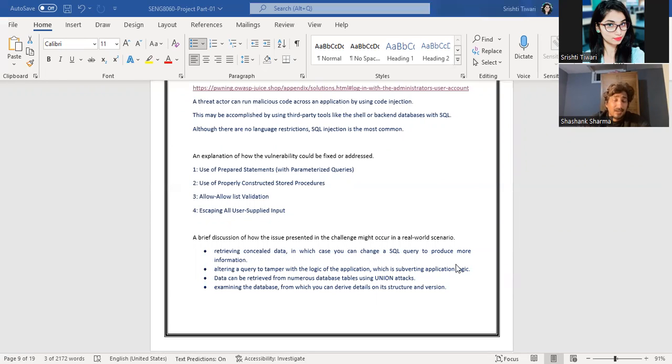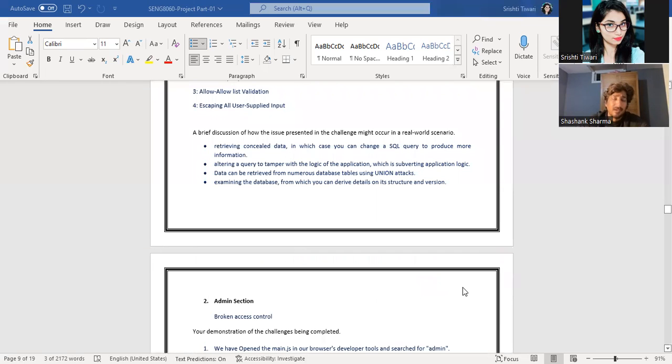If I talk about real world scenarios, if a particular person who is not legit gets the credentials of the admin, then he can do many things which are not beneficial for a particular company. If I talk about any e-commerce website, he can change the reviews of any product. He can change the comments on any product, and he can change the prices of products as well. So this is something which we should consider